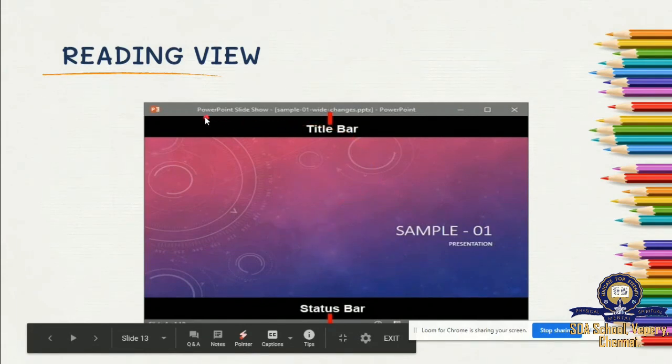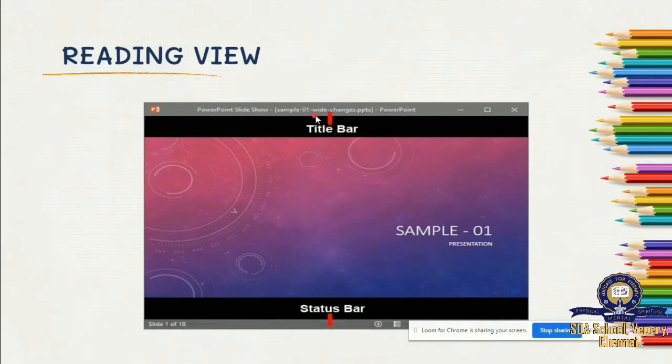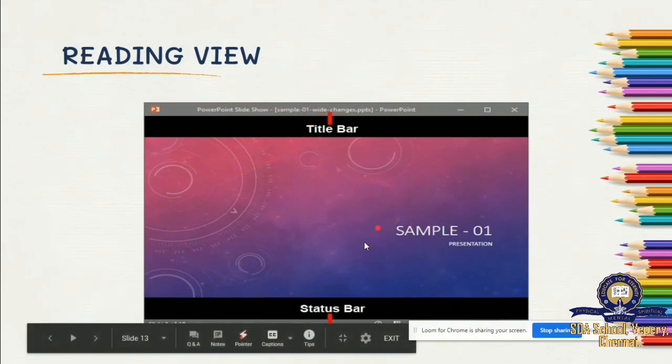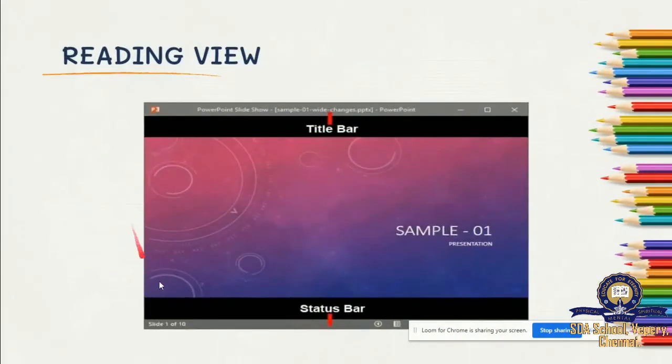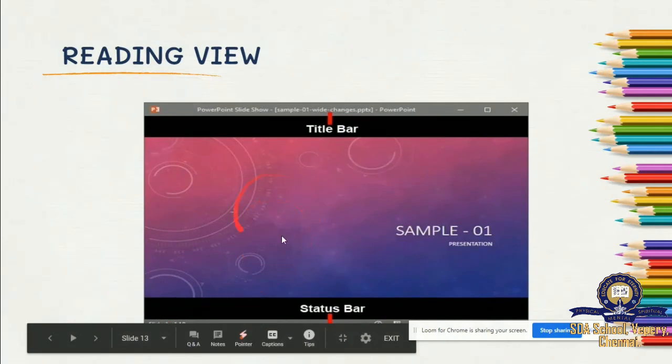This thing here, PowerPoint slideshow sample one, is the title bar. That shows the title of the presentation. Then you have the status bar here. Which slide are we viewing? 1 of 10. So that is the status bar.